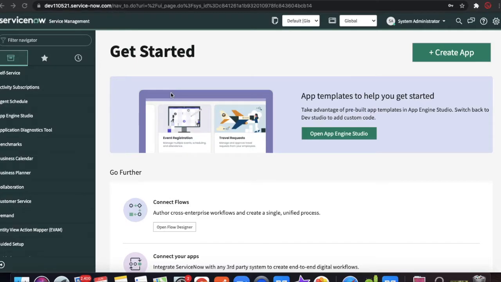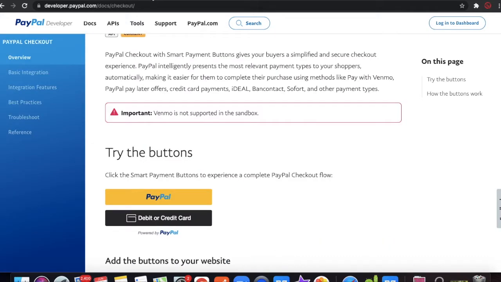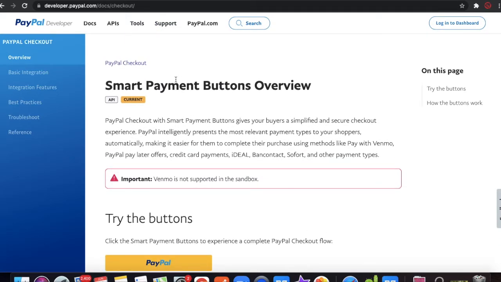So in the PayPal account, first of all, I will just go through that. This is developers.paypal.com, where we actually create applications. Okay, and all the links I'll post in my comment section or in the video description section. And also you need to have another URL, called PayPal's docs checkout button, where all the instructions for how you can set up the button are given. So let's get started.